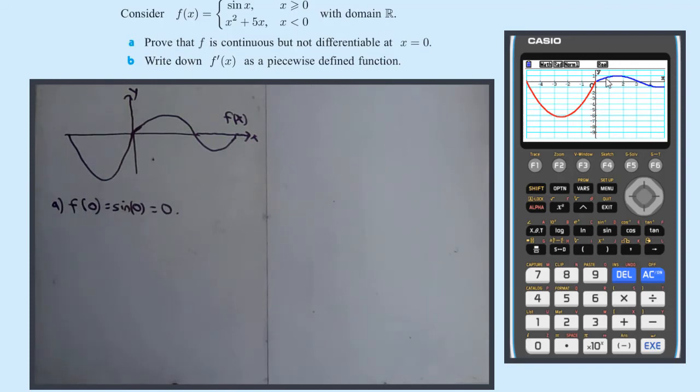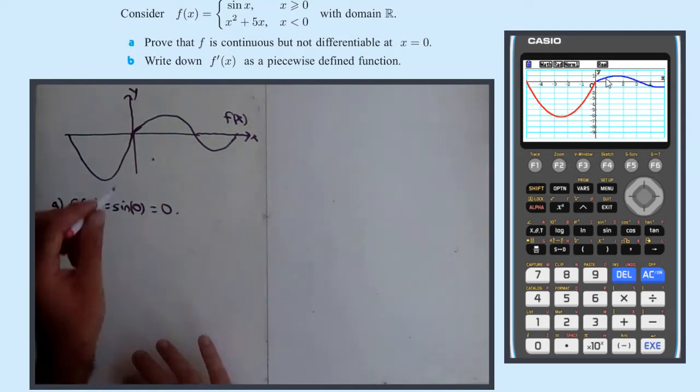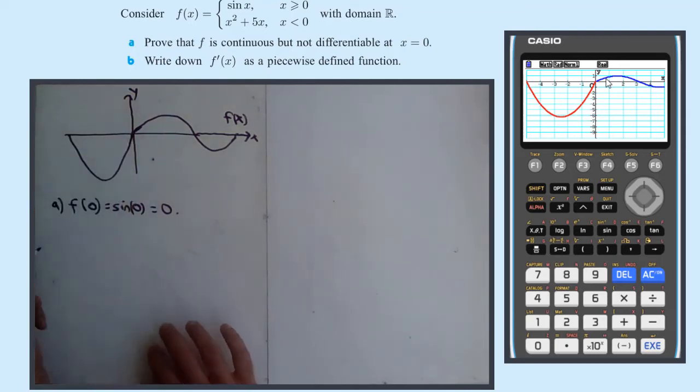If all three of those conditions are true, then the function is continuous at x equals 0, and you can clearly see it's continuous everywhere else anyway. We know a bit about sine x and we know about basic quadratics. So the only real issue is this bit here. Right, so the lim